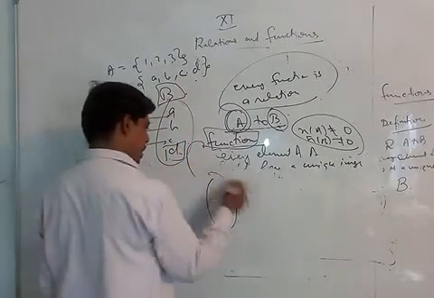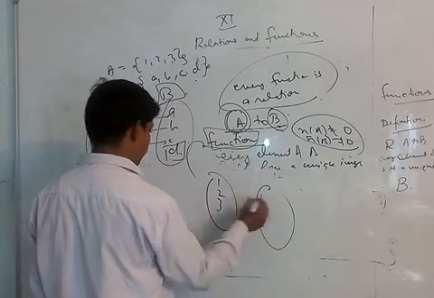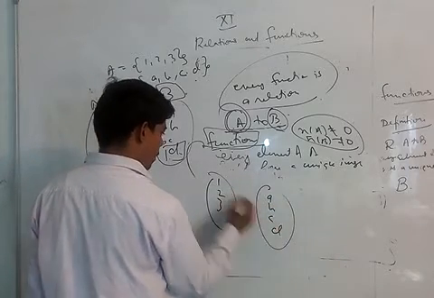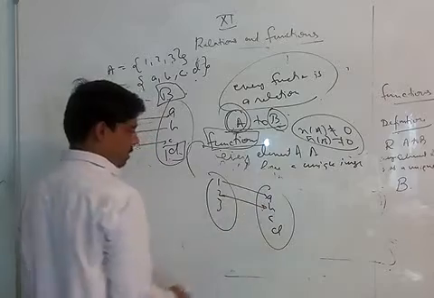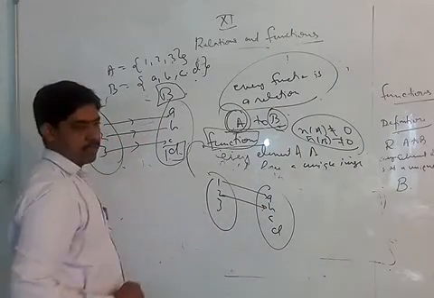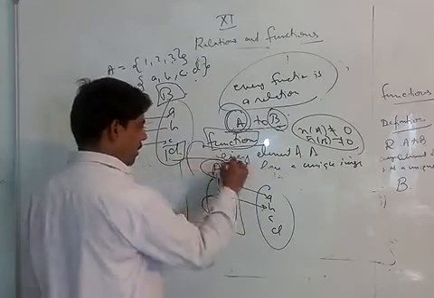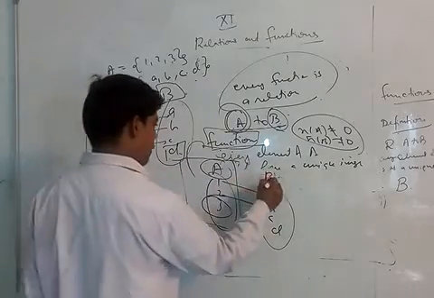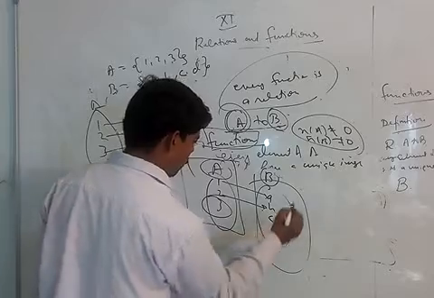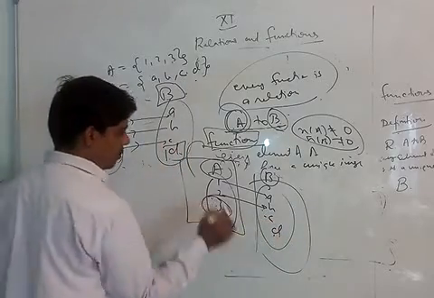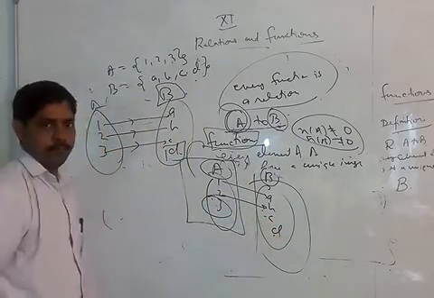टू टाइप में आपको मिल जाएंगे. सपोज करो यहाँ पे लिखता हूँ 1 2 3 A B C D. 1 की इमेज दे दी, 2 की इमेज दे दी, राइट. दिस इज अ रिलेशन बट दिस इज नॉट अ फंक्शन बिकॉज 3 डज नॉट हैव अ इमेज. A में कोई भी एलिमेंट खाली नहीं छूटना चाहिए. B में आप एलिमेंट को लीव कर सकते हो, C and D के अंदर, बट इसका इमेज होना जरूरी था जो नहीं है. दिस इज नॉट अ फंक्शन.